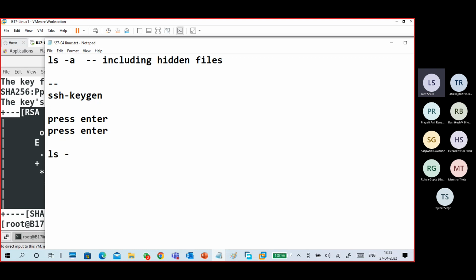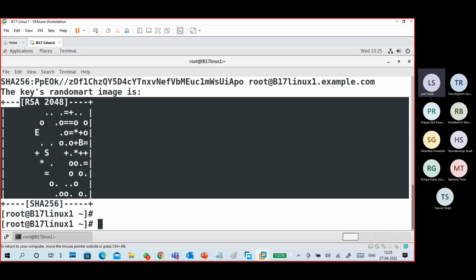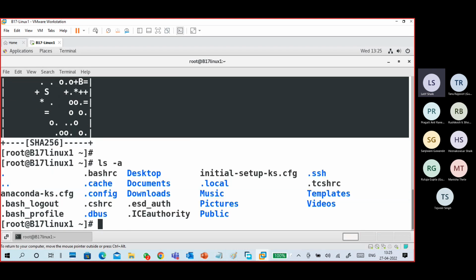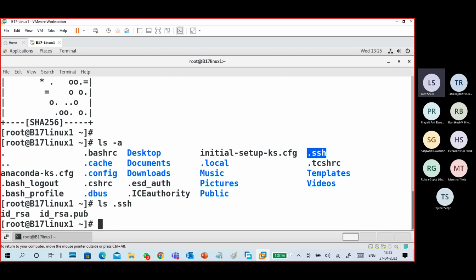Done. Again ls space -a, to find out whether the .ssh folder is there or not. Then see what is there in .ssh. Okay, look at here. ls space -a. .ssh is there. Earlier it was not there. Now it is there. ls space .ssh. There are two files. This is the private key. This is the public key. To read the file,